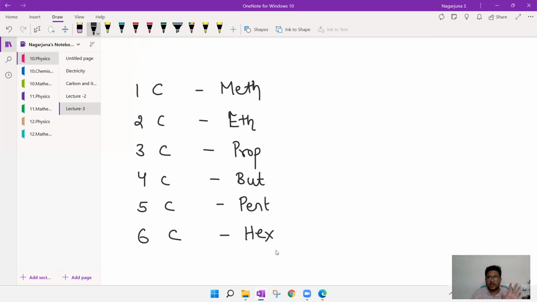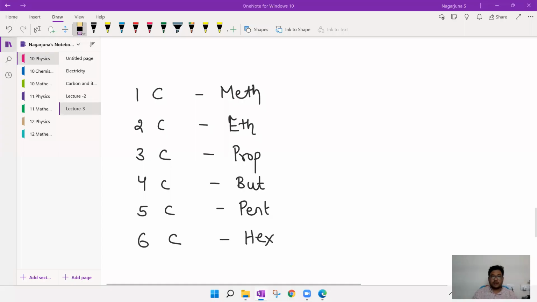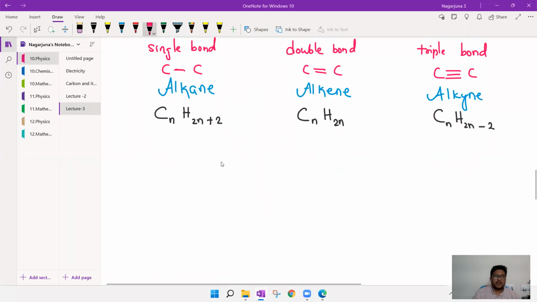These are just count of carbons. Note this down. So these are the names we need to remember. And another thing I need to say, there are a few root words for alkane, alkene, alkyne. Root word for the alkane is ane. Root word for alkene is ene. Root word for alkyne is yne. Okay, now let us try to substitute numbers and let us try to give names for this.